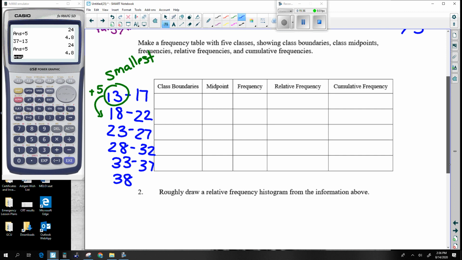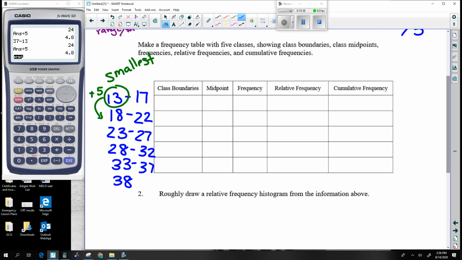Back to our numbers. As I said, this first boundary is 13 to 17. So the low, the 13, gets a little bit lower. So the actual boundary is going to be 12.5. And the highs get higher. The 17 gets a little bit bigger. The next category began at 18. So the lows get lower. A half lower than 18 is 17.5. And the highs get higher,